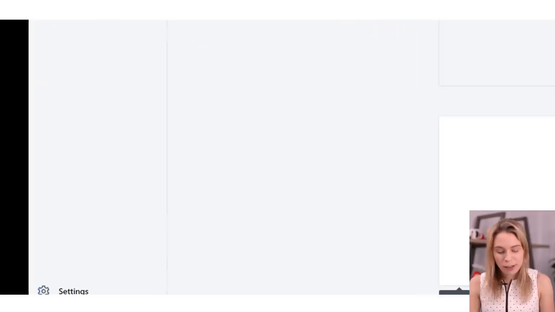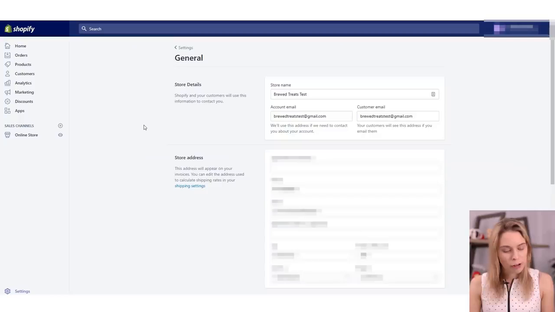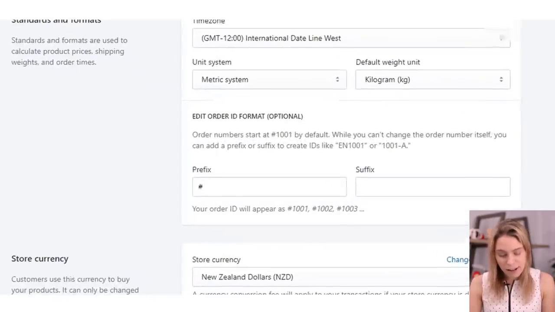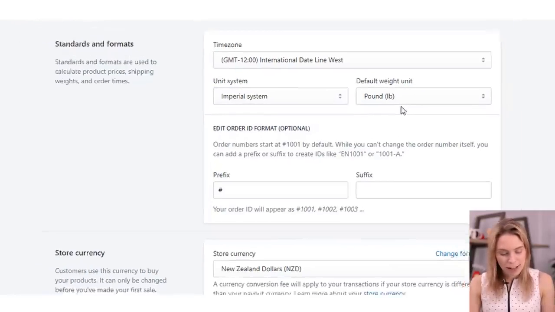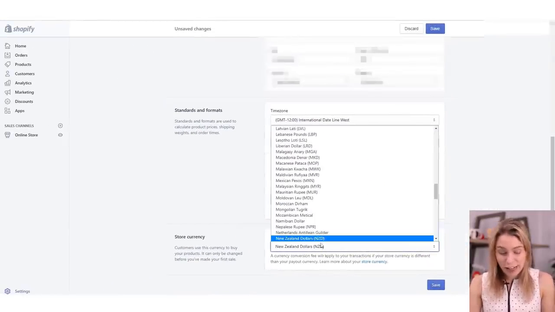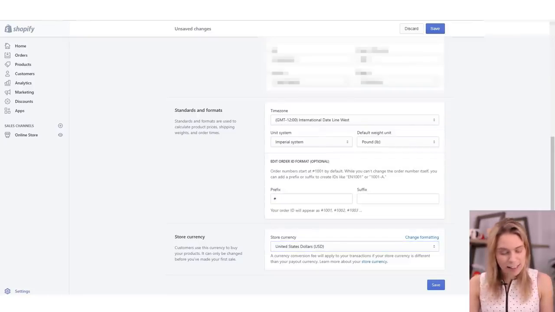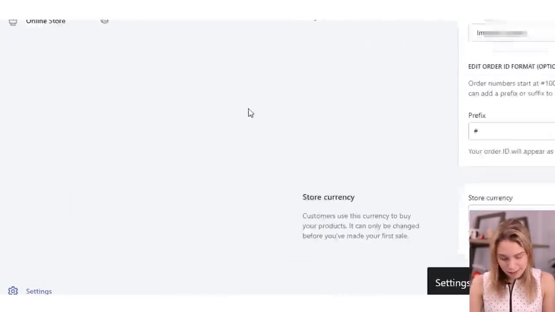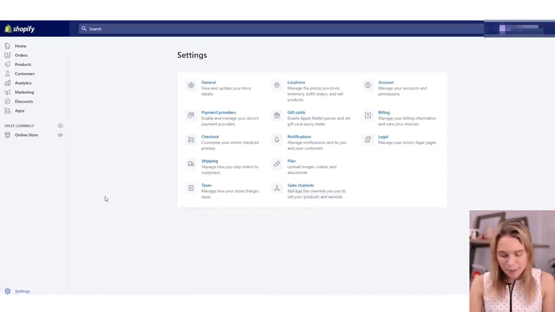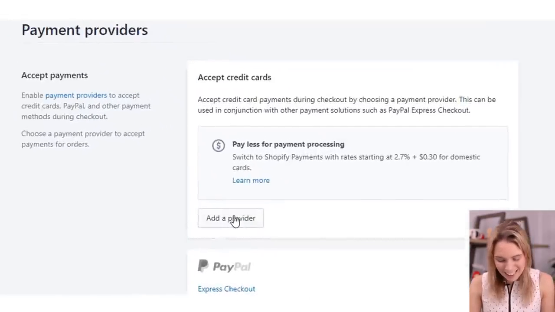All right, so let's do this. On the left menu, click Settings, and then click General. Now what you're going to want to do is scroll down and next to Standards and Formats, make sure that you're using the Imperial system and have pounds as your weight unit. And then come down to Store Currency and change it to USD if it's not USD from the menu, and then select Save. And then we are just going to head back to Settings